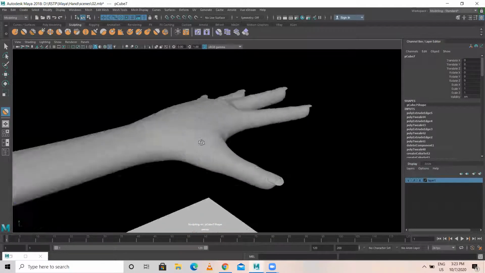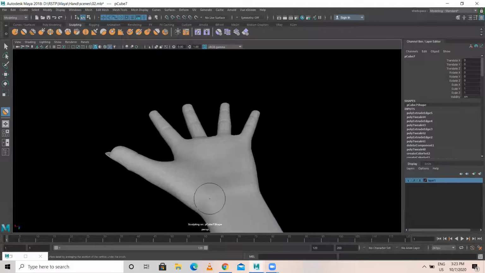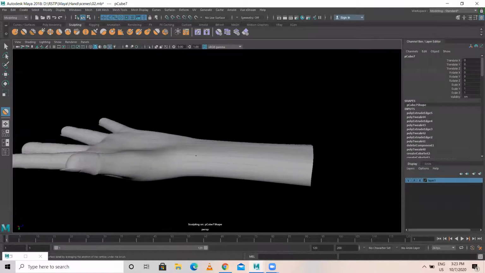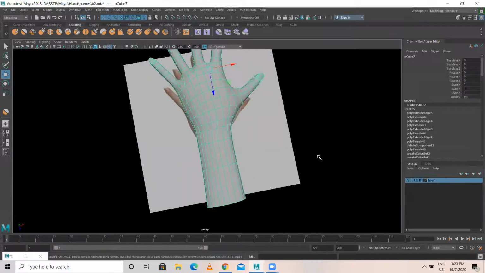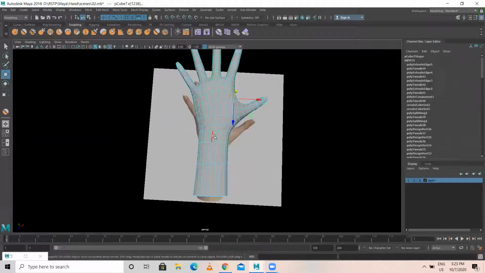So when you smooth, it goes inside like that. Okay, done. Any doubt is there up to here? No, sir.